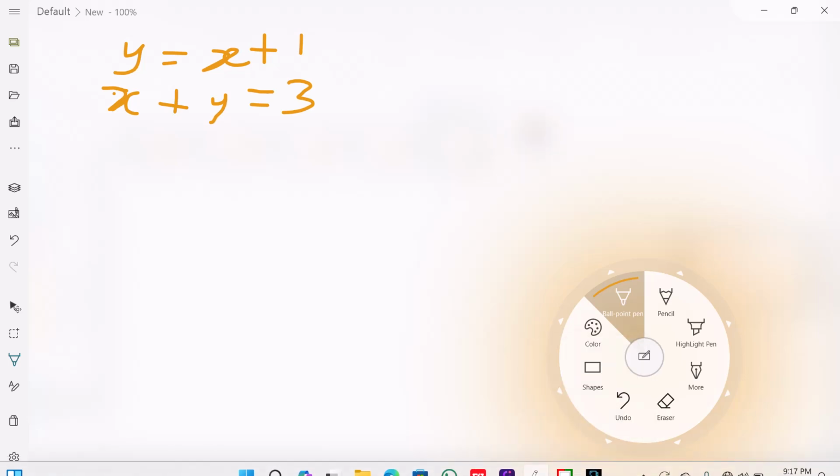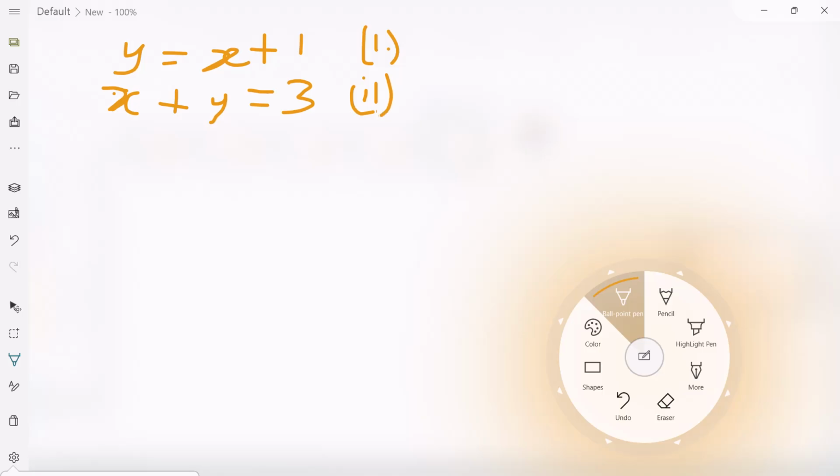Hello everyone. We have a simultaneous equation here to solve and see that it's not well arranged. So I will arrange it properly. For this equation 1, this is equation 2. So for this equation 1, I will bring x to this other side so that I will have